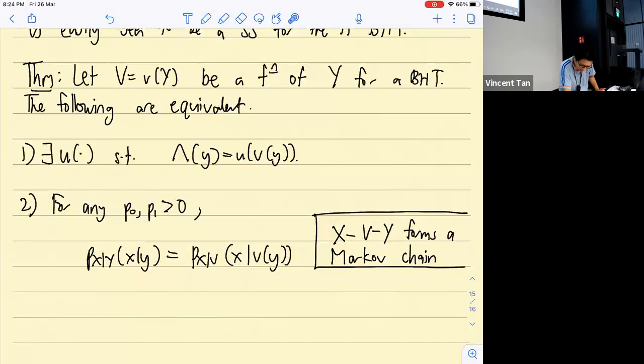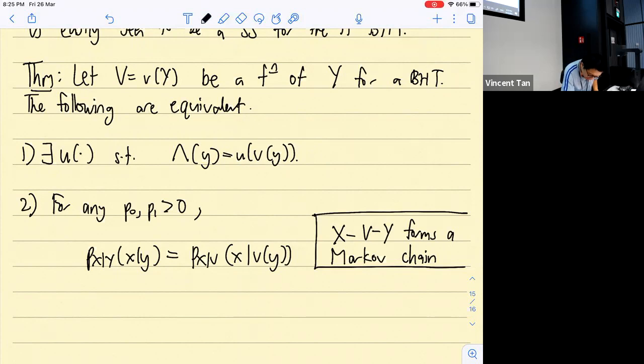But in order for me to learn about x, it suffices for me to look at a function of y. I don't have to look at the whole y. There's a lot of information. But looking at this function of y can tell me as much as I want about x. So there is no loss of information. All right? So in particular,